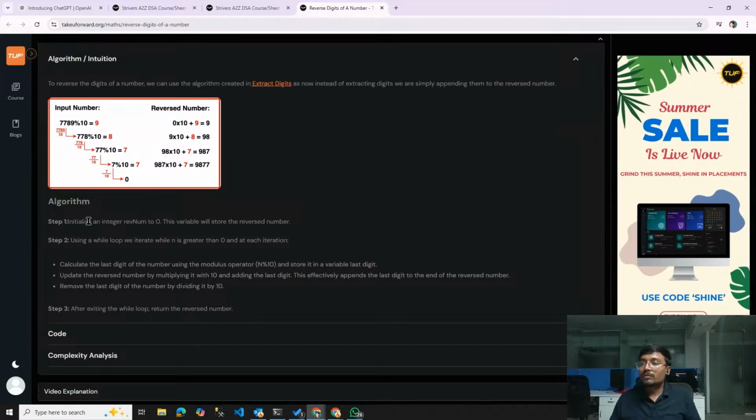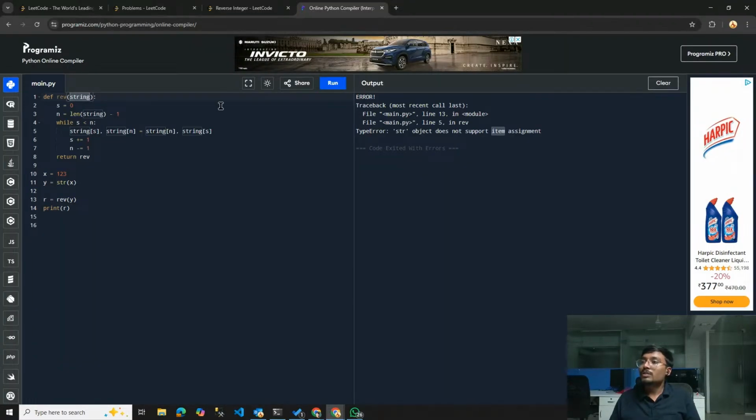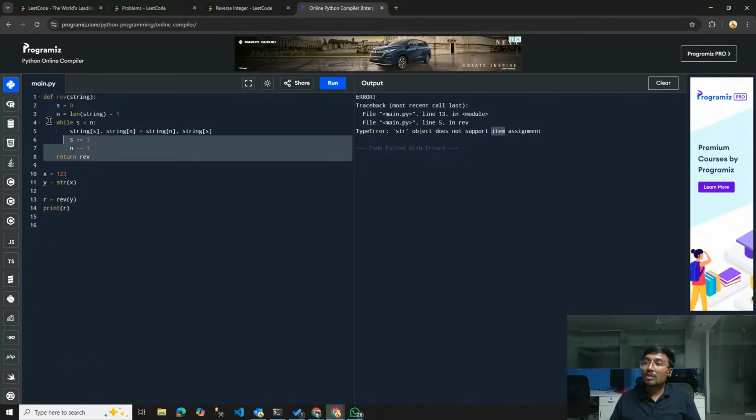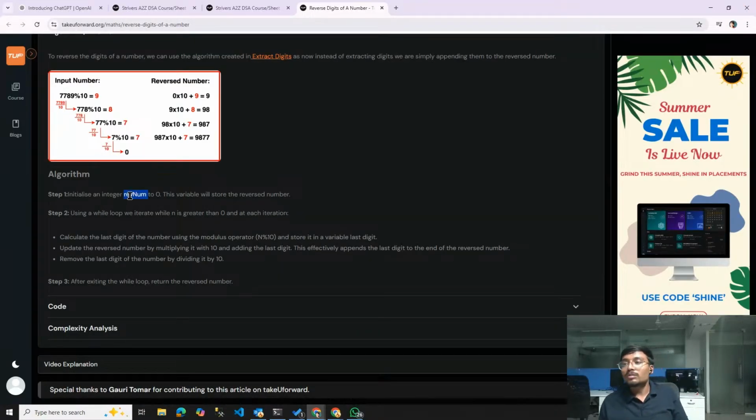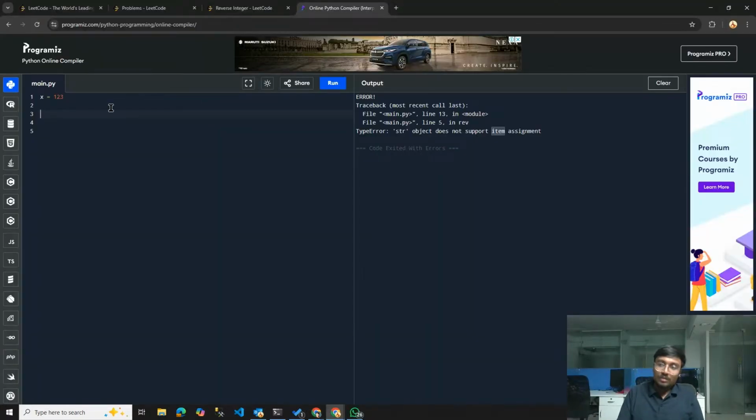So instead of using strings, they are telling us to not use string and do some mathematics. So yeah, we can do that approach also, in which we do a rev number and initialize it to 0. Okay, so let's see if there is another number 0, and while x is greater than 0, what we'll do,